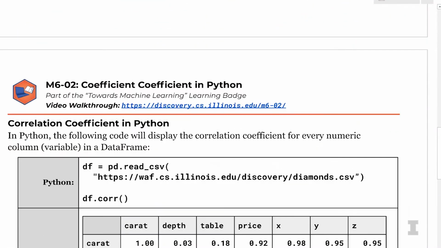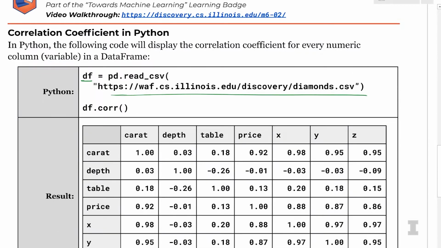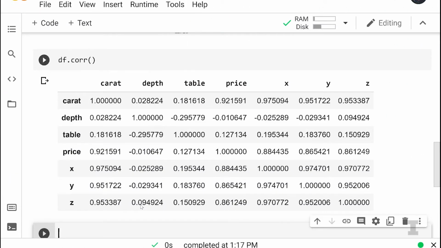So let's go ahead and look at correlation coefficients. So we've already loaded our data frame in from the website on the first part of this. And there's a beautiful command that's super simple that's going to give us the correlation between every single column's value by just running df.corr and then open and closing parentheses. And this actually gives me a table or a kind of a matrix looking object. Yeah, two-dimensional table. And all the column names and all the row names are actually the same.